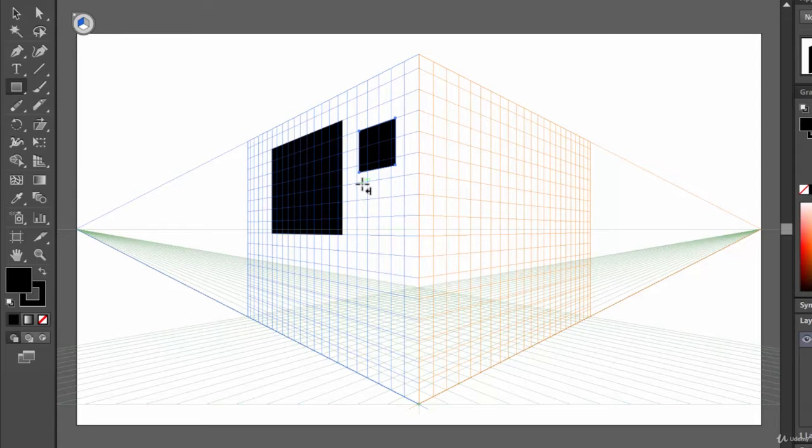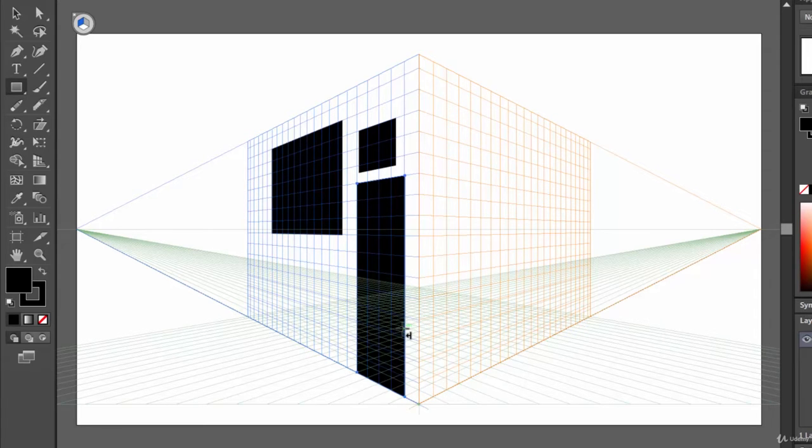Let's draw a door, a door below a window. So it seems that we can design a house using this perspective grid tool, isn't it? And another thing is that when you are drawing something, it's matching with this grid.